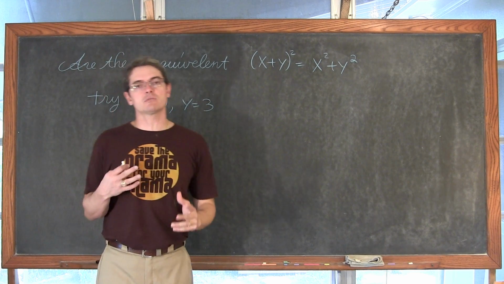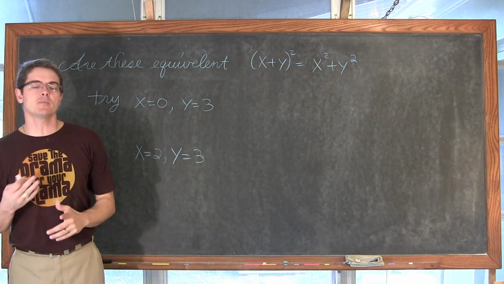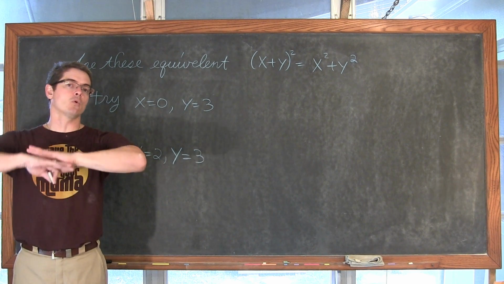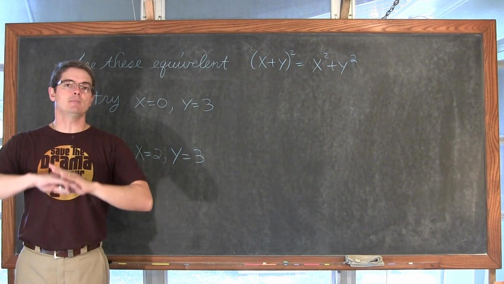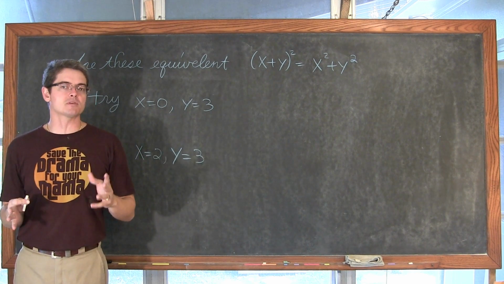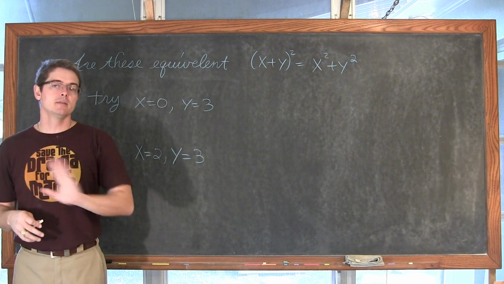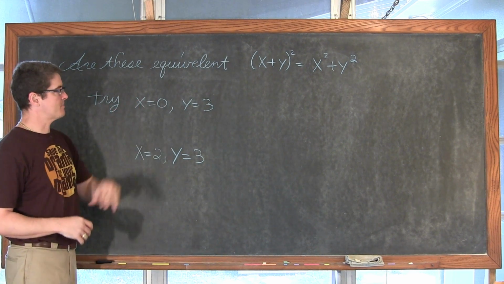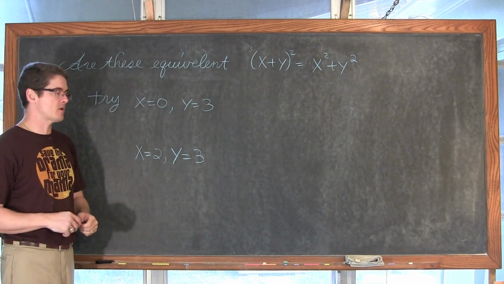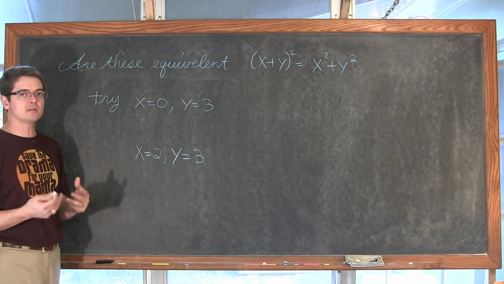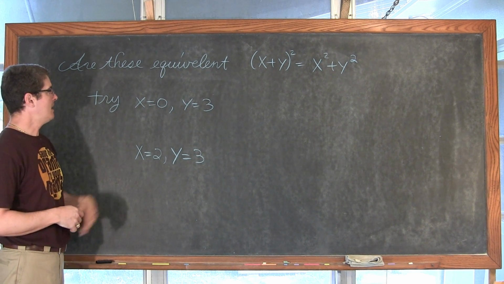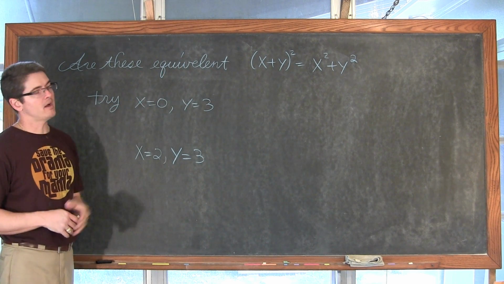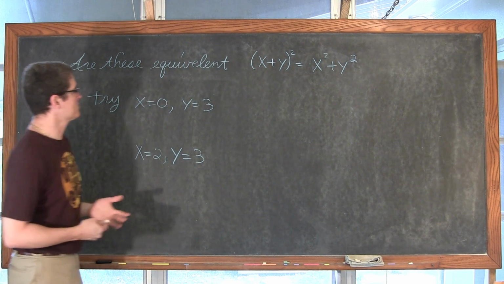But for right now, let's just remember that when you're told that something is true in mathematics, it's supposed to be true for every single number, every single time, forever. If something works 1,000,000 times and fails once, then it's mathematically false. So I got a couple of values up here that I want to test to see if these expressions are equivalent, and really we're just practicing again our order of operations. Let's see. Are these equivalent expressions when we have the values of x equals 0 and y equals 3?